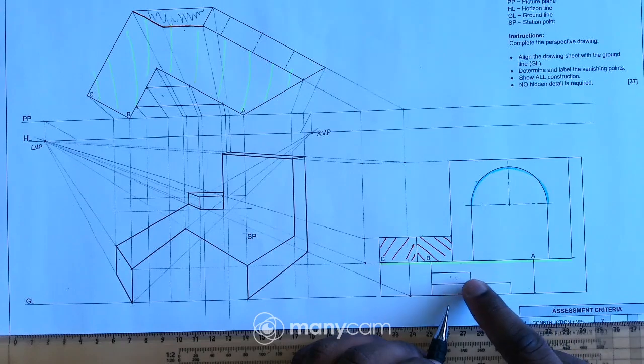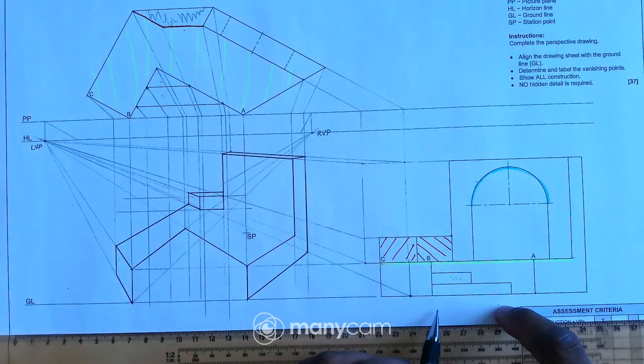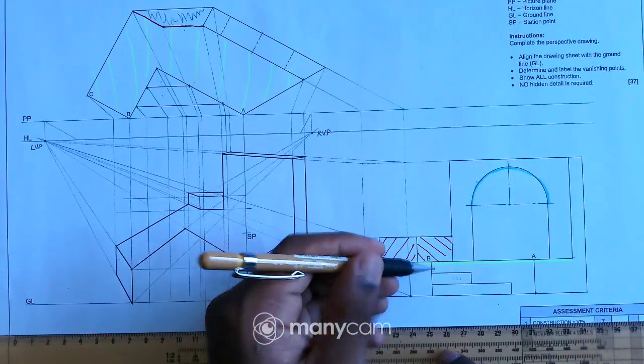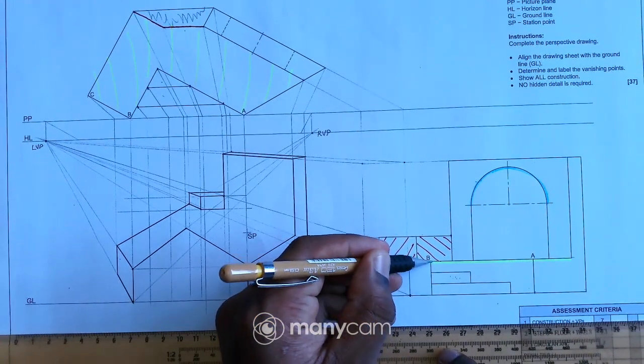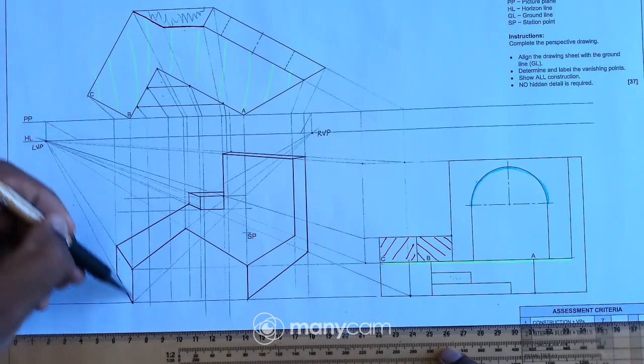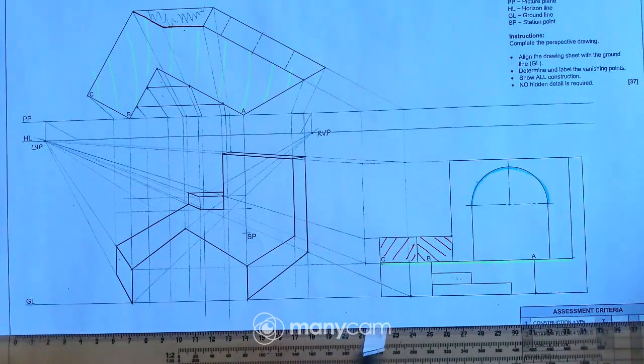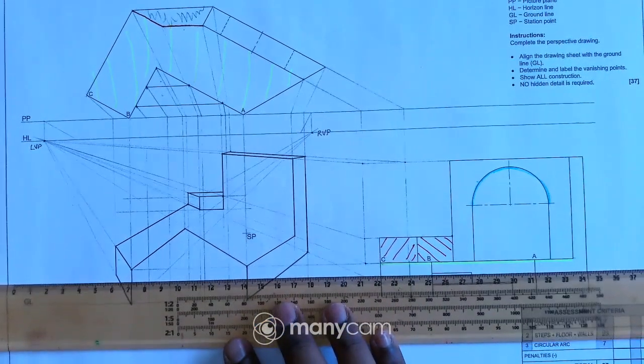Okay, so now I have to get the heights of those steps. Let's see. Because these steps start from this line, which is line B, and we do have line B there, I can just project those heights to that line.